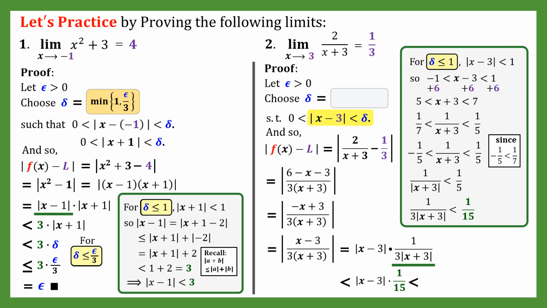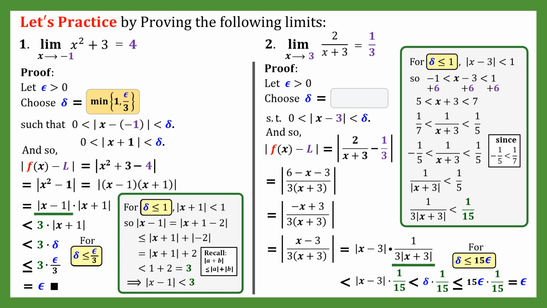So our new product is less than delta times 1/15. At this point, let's consider an additional restriction. For delta less than or equal to 15 epsilon, our product is less than or equal to 15 epsilon multiplied by 1/15,